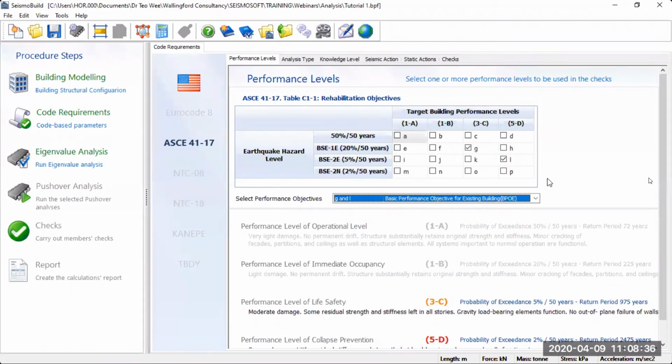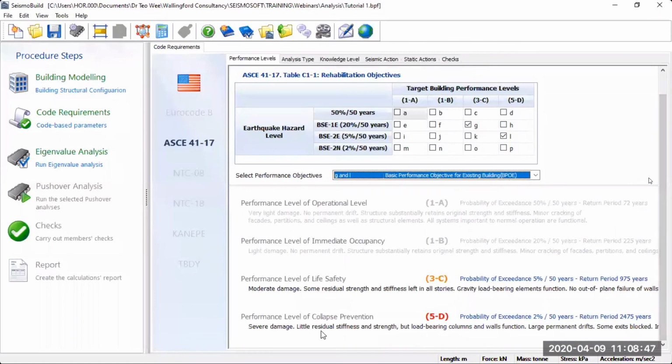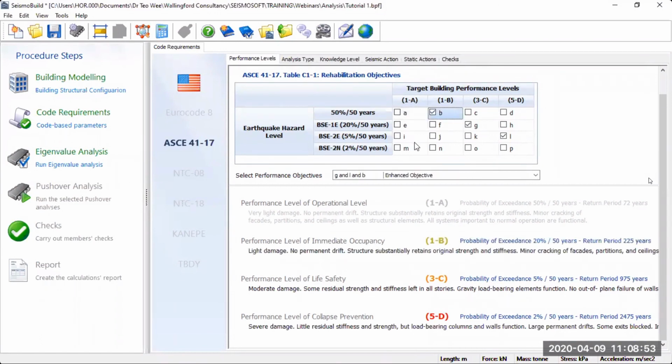So in this particular example, I only select this basic performance objective for existing building based on the performance level of life safety and collapse prevention. I will try to select another one, which is here, to include the intermediate objective. If you want, you can insert another one. You can study all the 4 limit states. For this particular example, maybe you can try it yourself, but I will choose only